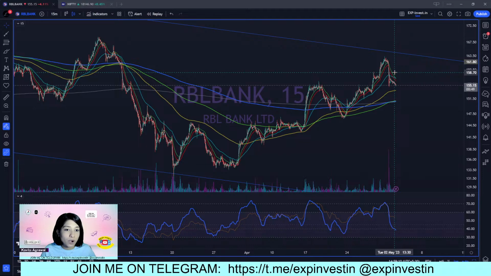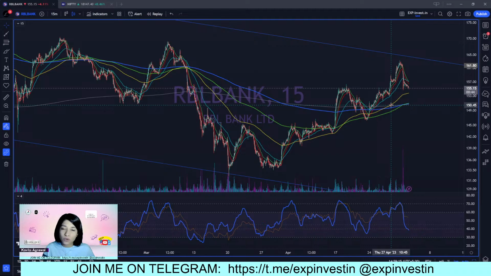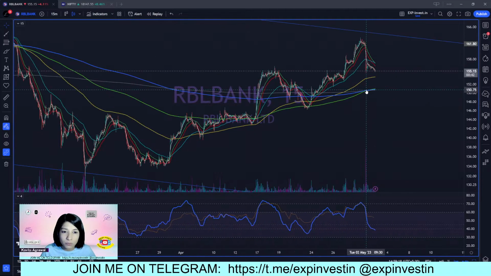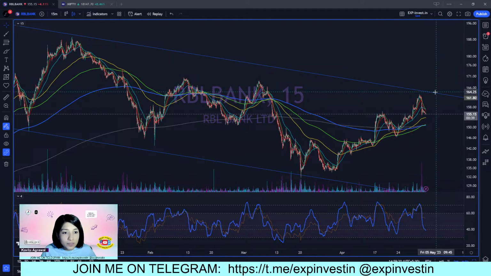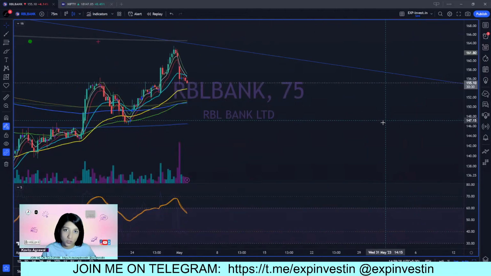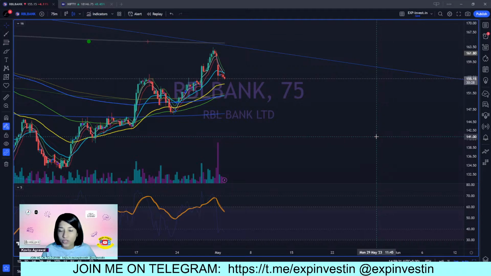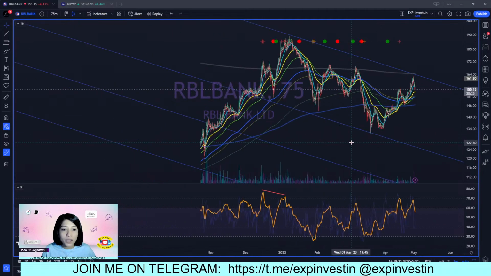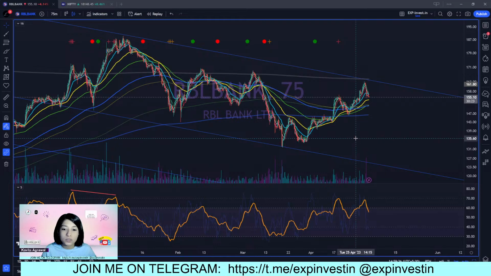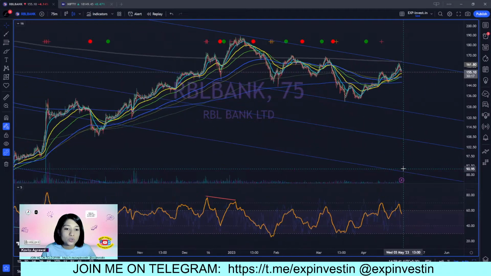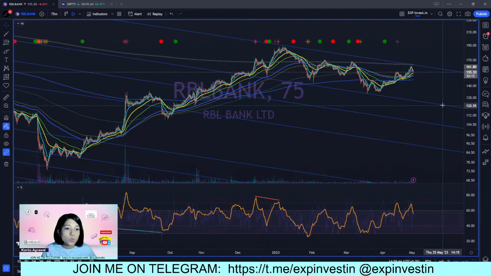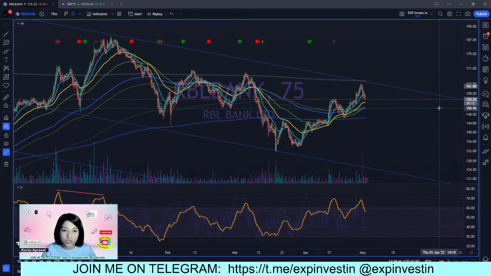Or you can wait for RBL Bank to maybe retrace up to the level of 158 and then exit your position. But if I were in your place and had an active position in RBL, I would be booking my profits. You can re-enter if the stock gives you a breakout above the level of 166 with strong volumes. That is what I would suggest in RBL Bank. But for now, I will not recommend a fresh position. You can, on the other hand, also wait for the stock to retest the level of 130 to 120 for making fresh positions.